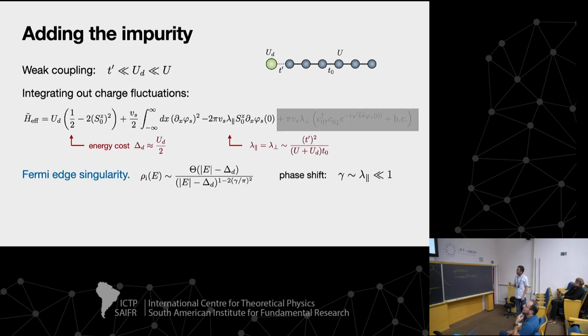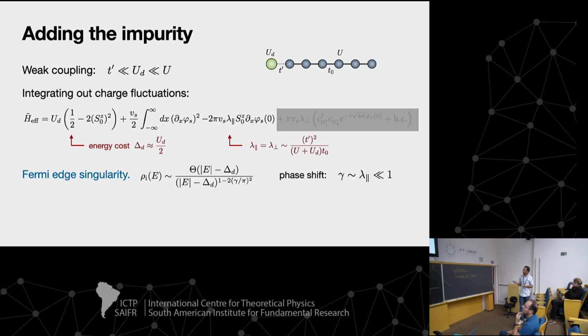So if you forget about this term for a minute, this just describes a coupling of the spin density of the spinons near the boundary of this chain to the magnetization at the impurity site. This is pretty much like the Fermi edge singularity, but in terms of spin operators. And this model is actually exactly solvable by a unitary transformation. What you get is a power-law singularity at the threshold for creating this excitation. In general, the exponent that you see for the local density of states would depend on this coupling constant, lambda parallel, here.